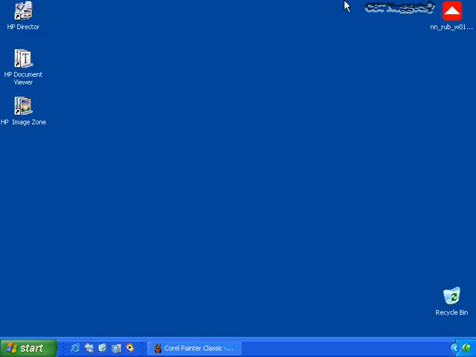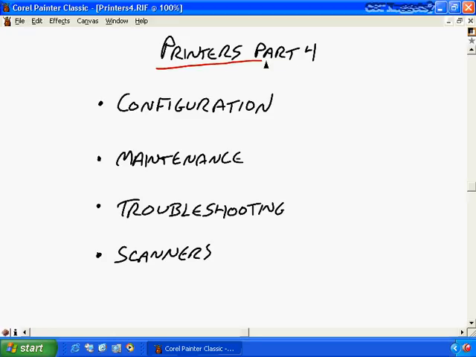Printers Part 4. In this final video on printers, and again, I know it's a lot of information about printers, but man, it's the biggest objective on the A+ exam objective. And we'll talk about the configuration of the printers. We talked about that a little bit in the past. We'll look at some more specifics there, as well as maintenance issues regarding your printers and how to troubleshoot those